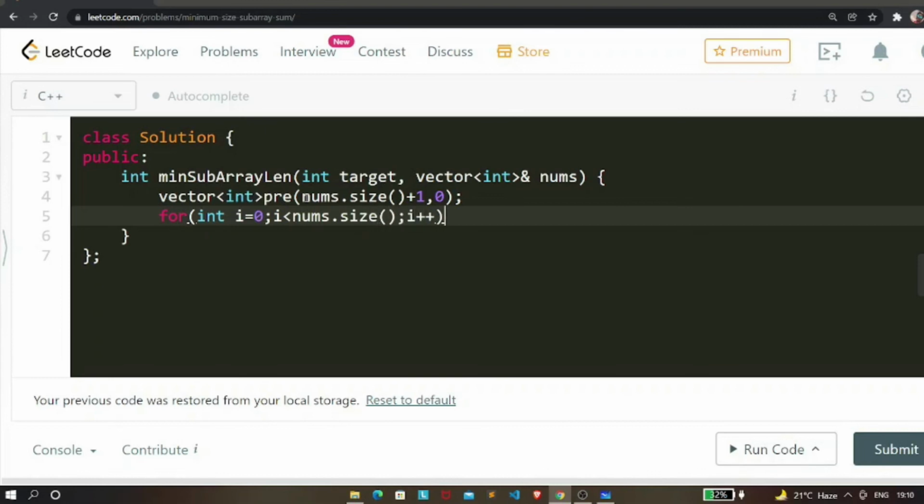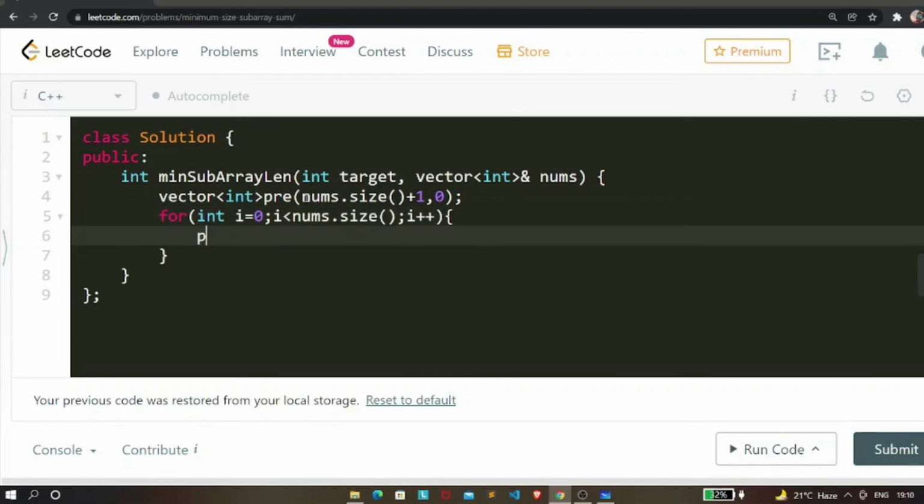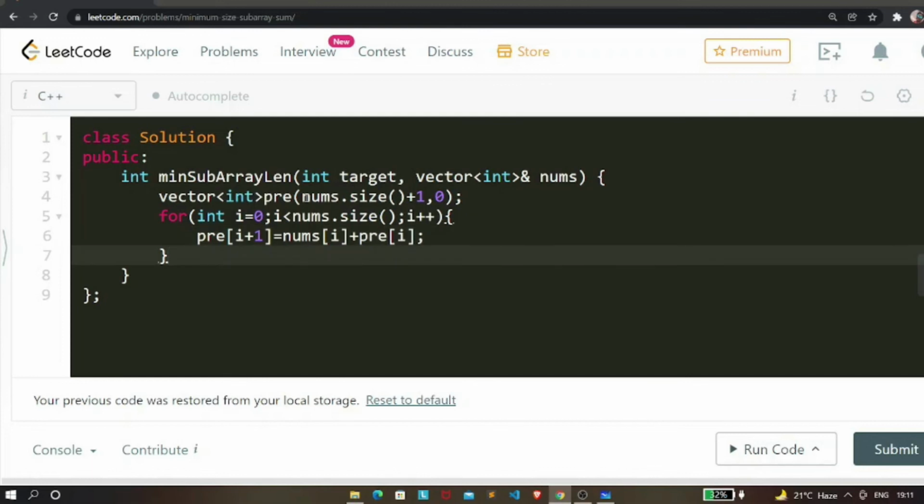Then we increment our I by 1, and we need to find pre of I plus 1, which will be nothing but nums of I plus pre of I. This is how we form a prefix array.